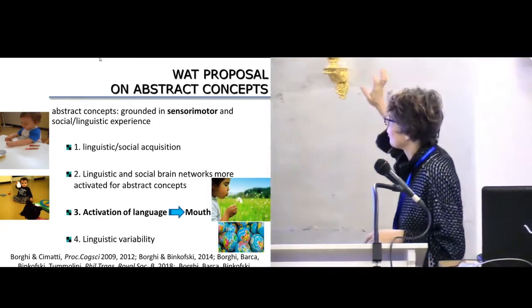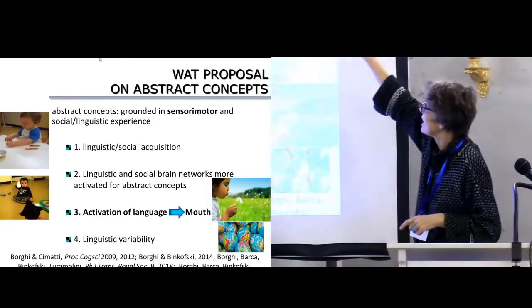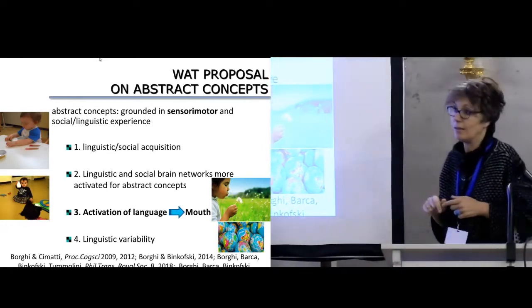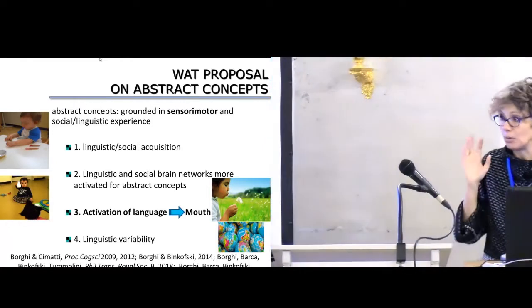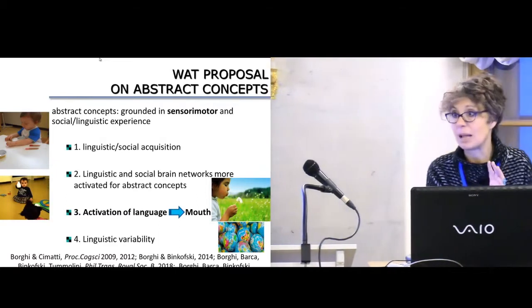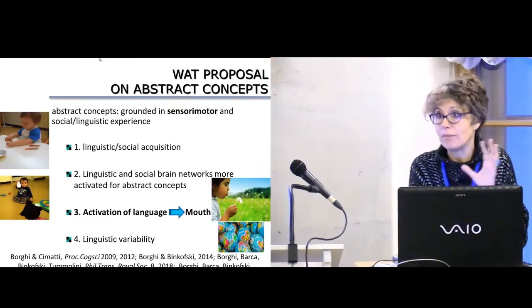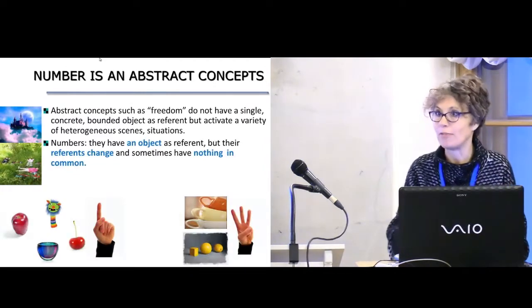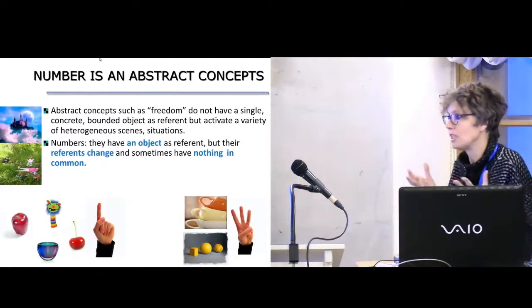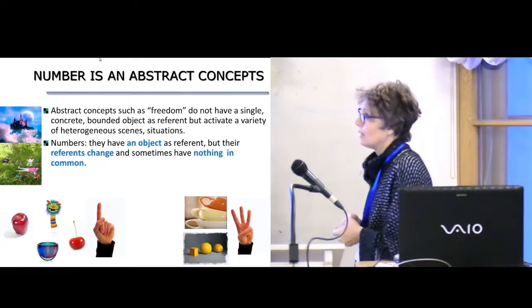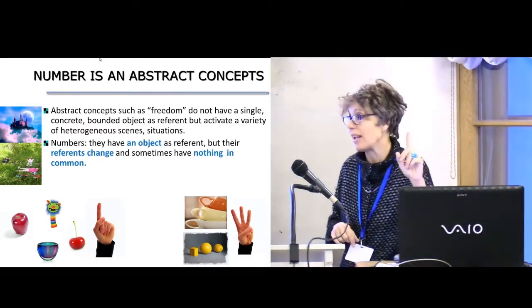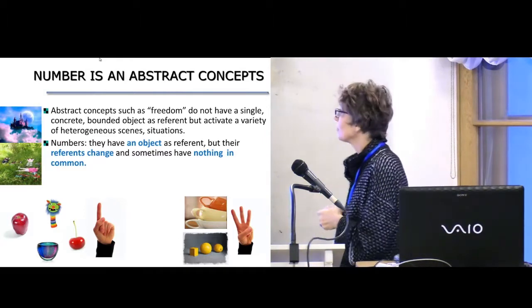First of all, I start from the first tenet, number 0, so to say. Words are grounded in sensory motor, and abstract words are grounded in sensory motor experience. I'll give some examples of very simple experiments from our lab. There are a variety of examples from other labs, so I'm focusing on those from our lab. I'll give 2 examples of 2 abstract concepts. One is number, and the other is ownership.